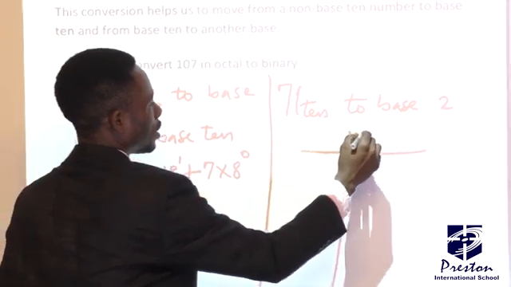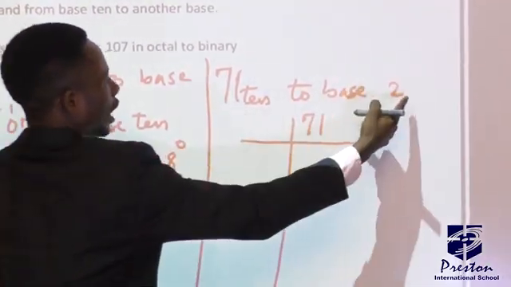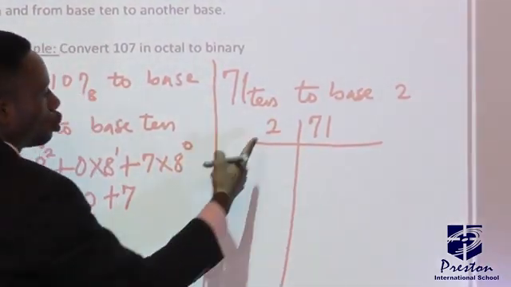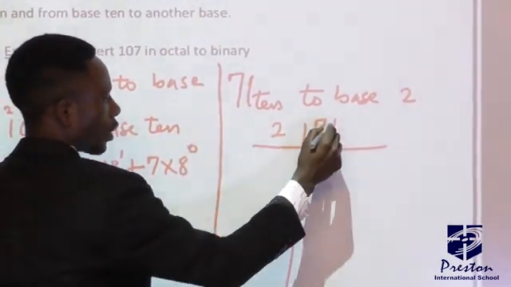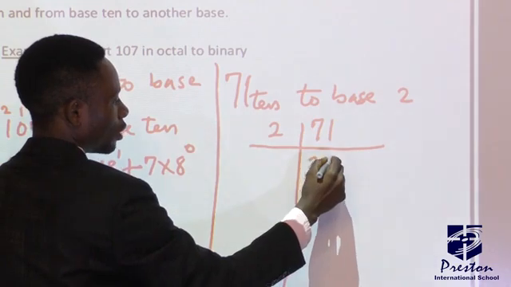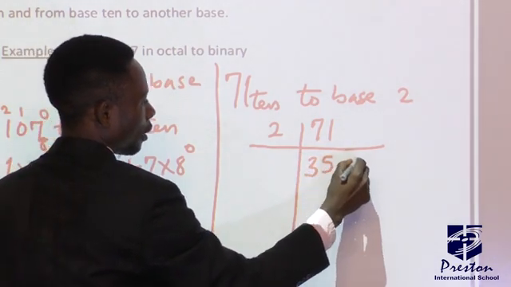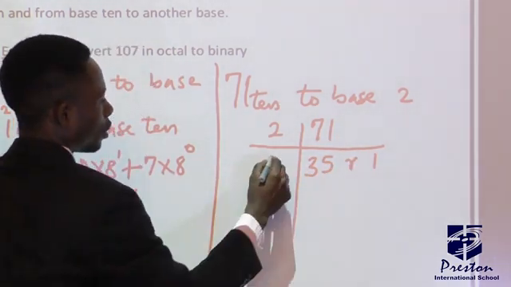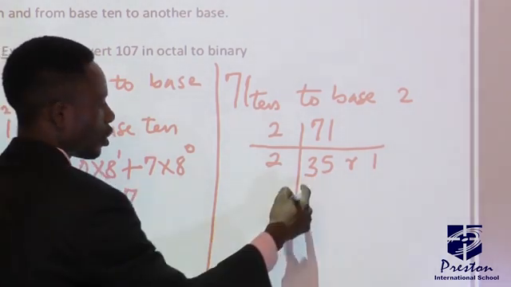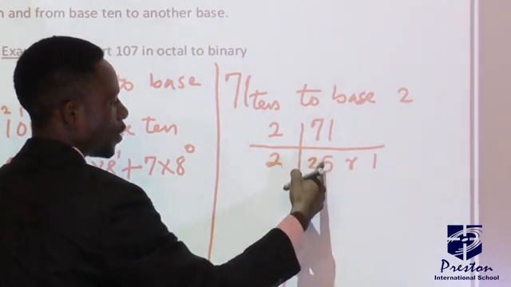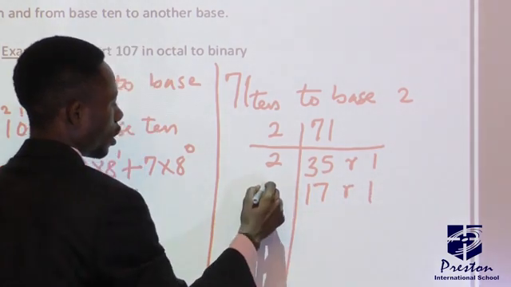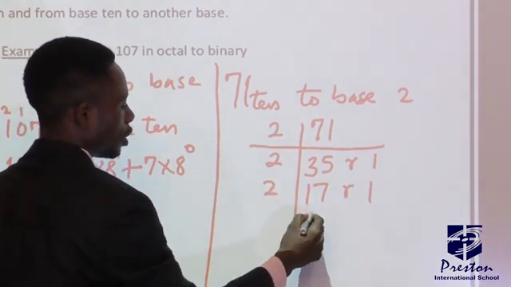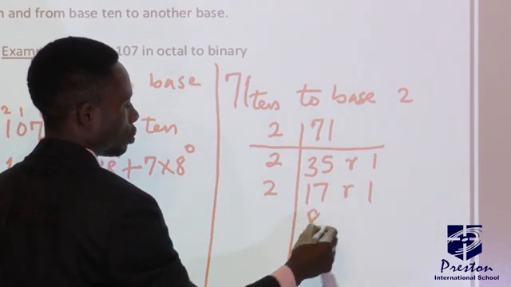Okay, so we have this is 71. We continue to divide it by the base given, which is base 2. 2 goes in 7, okay, 3, remainder 1. Okay, in 11, 2 goes in 11. That will give us 5, and our remainder is 1. Okay, 2 goes in 35. 2 goes in 3, that is 1. In 15, that should be 7. The remainder is still 1. Okay, 2 goes in 17. That should give us 8, which is 16 then.